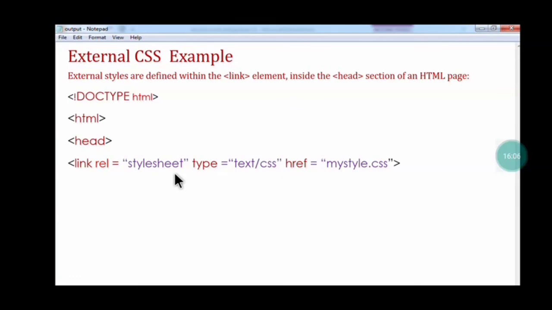Type, what type of file are you going to create? CSS. That's why type equals text/css. And which file are you going to link with this link tag? mystyle.css. This is the external CSS file you have created. That's why this link is given with the href attribute. Complete the head tag.